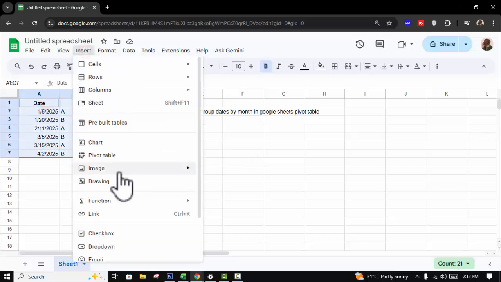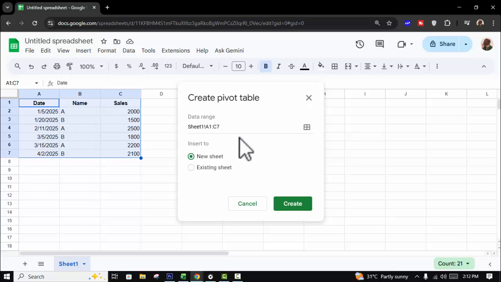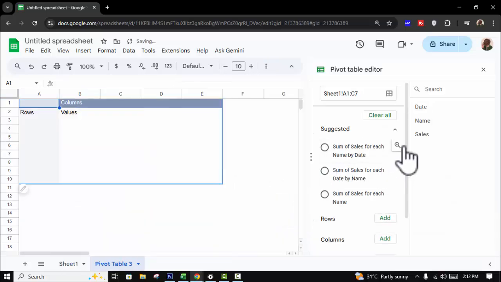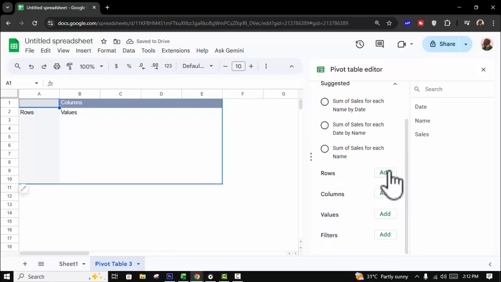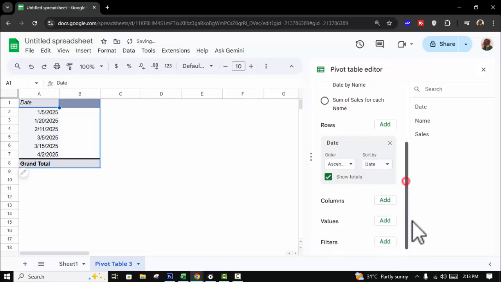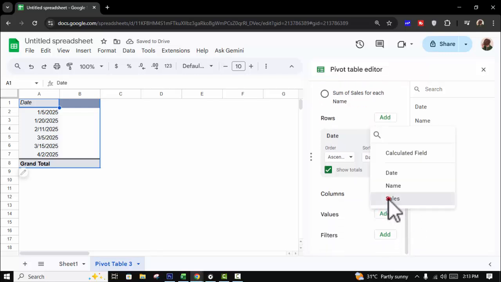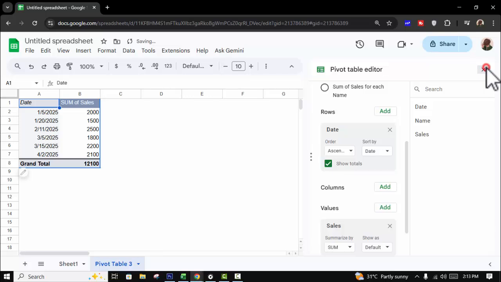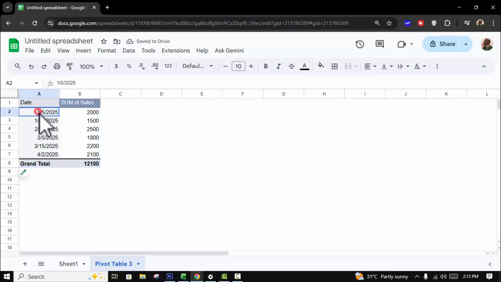Full table, go to insert tab, pivot table, create and rows. Then see this rows, date and values cells. Okay. Then select date cells and right click,